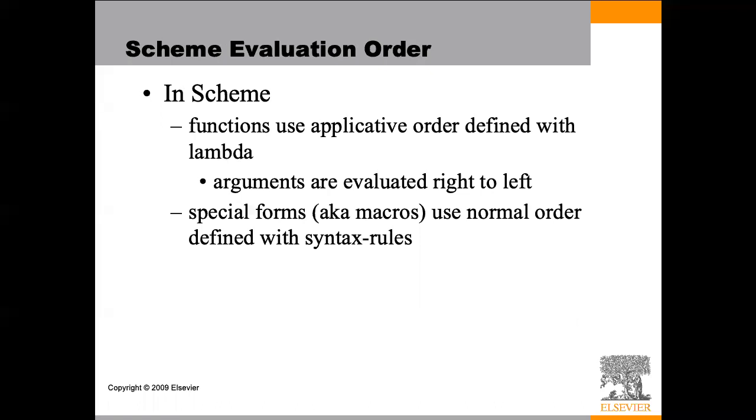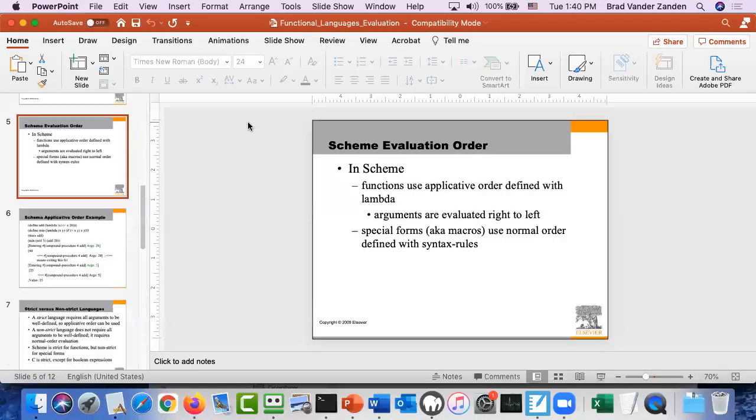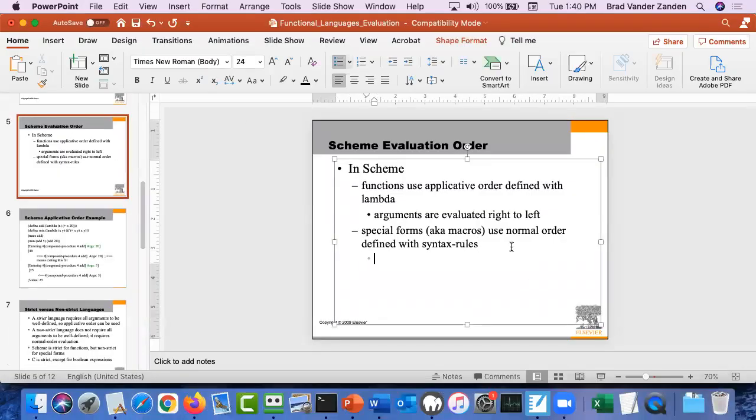Okay, so in Scheme, they use the normal applicative order for functions. I checked this, so the version of Scheme we had a few years ago did evaluate the arguments right to left, but the Gambit interpreter actually evaluates the function arguments left to right, which is what you would expect. Now, there are a few special forms that use normal order. So they are if, cond, Boolean,